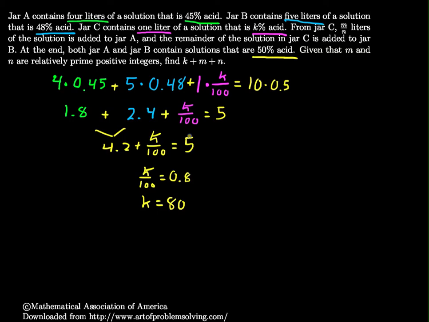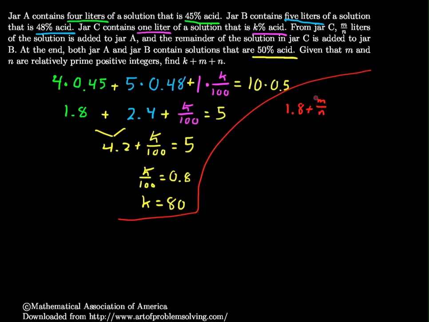And let's see, which one's going to be easier, do we think? Let's go straight for jar A. So I know that I have, let's change colors here. Okay, so k is 80, we know that. Now we're looking for this m over n. And so we have how much in here to begin with? We have 1.8